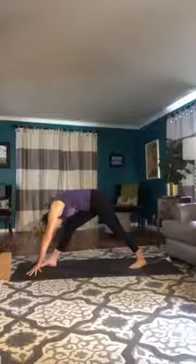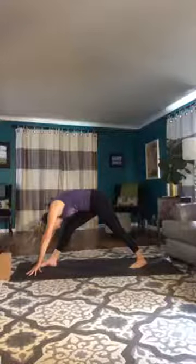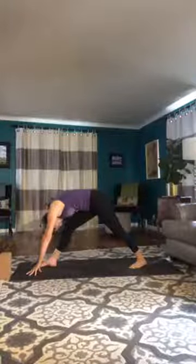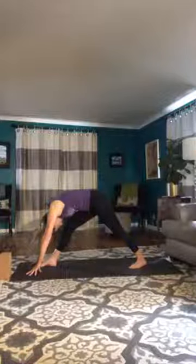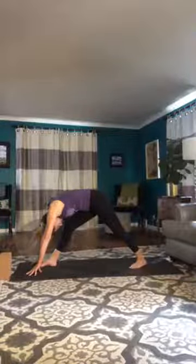Press your hands either into the block or the floor and push forward slightly to root down more into that back foot, maybe to enhance the stretch in the front leg. One more breath. And then out of pyramid pose, lift your